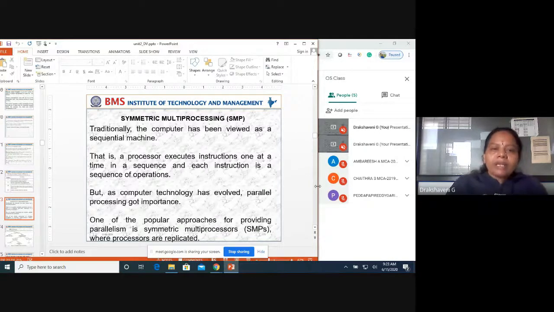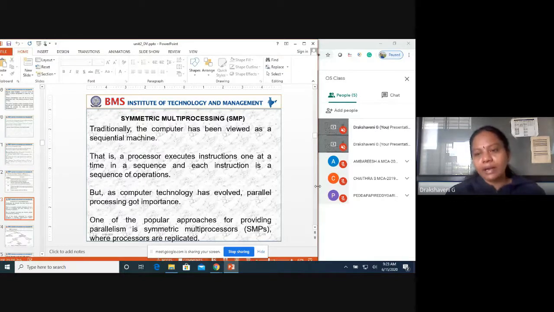Symmetric multiprocessing. Symmetric means what? Traditionally, the computer has been viewed as a sequential machine. Sequential machine means one after the other. That is, a processor executes instructions one at a time in a sequence, and each instruction is a sequence of operations. But as computer technology has evolved, parallel processing gained importance.